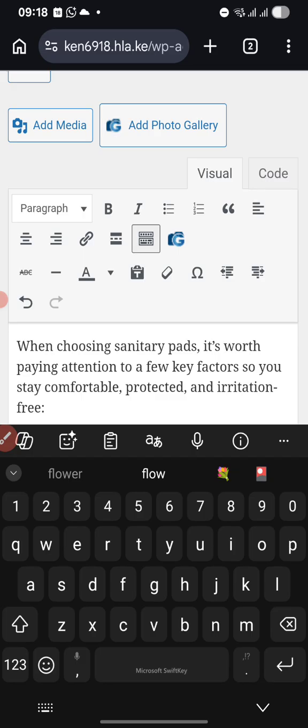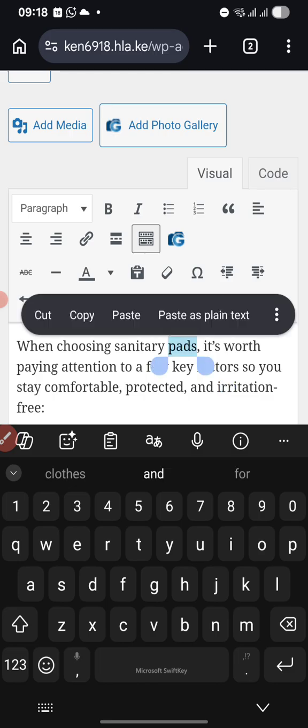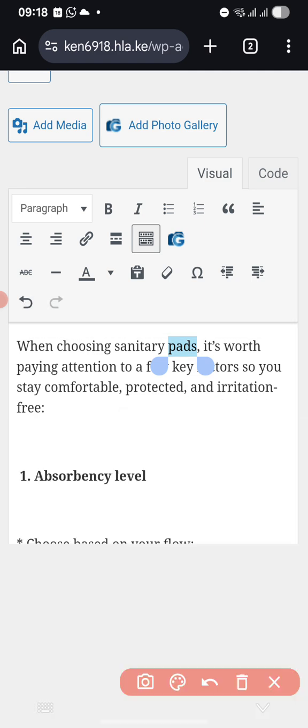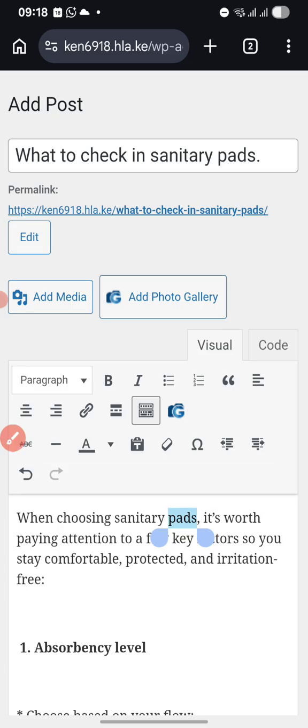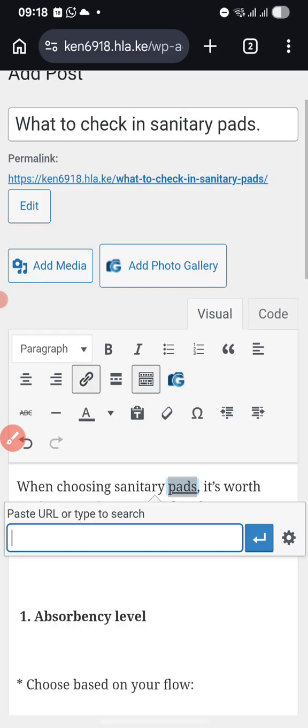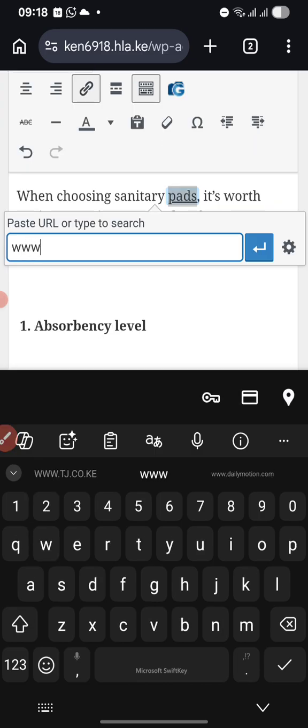When choosing sanitary pads, and maybe behind the words sanitary pads I want to put a link. Just long press that word and then you click on link, and the link is this one. That is how to put a link behind. So you click it and then I say I want it to direct somebody to www